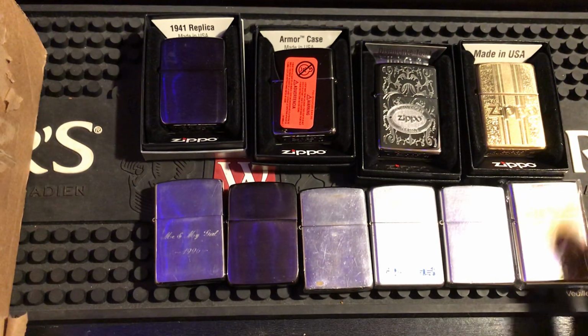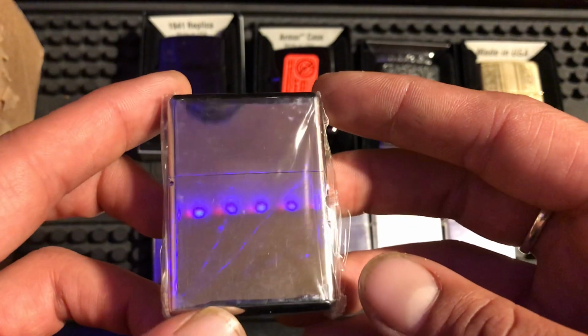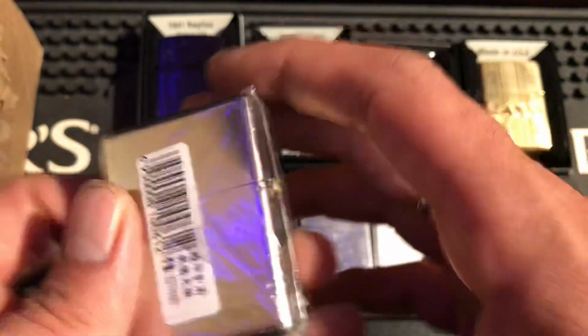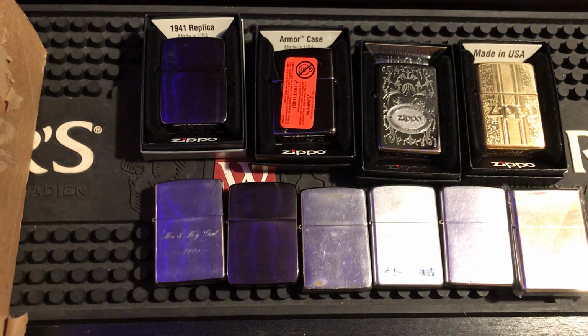But I don't know. I might do that as a gift for him and send this back to him. That's a big gift to give somebody, you know, and I really appreciate it. But I feel like all these lighters, I gotta give him. I gotta do more for him than just the one. Like these are a lot of brand new lighters and good lighters and great shape vintage lighters and like giveaways